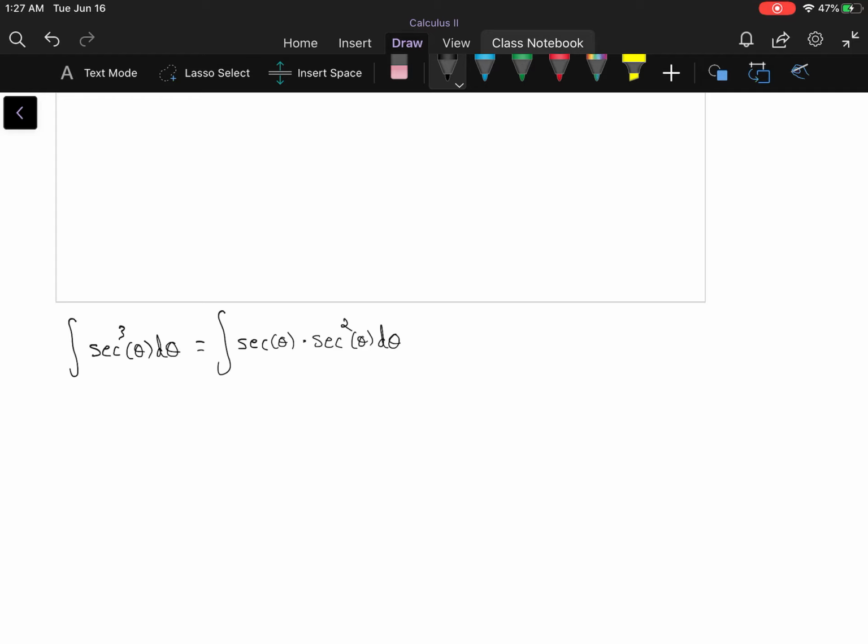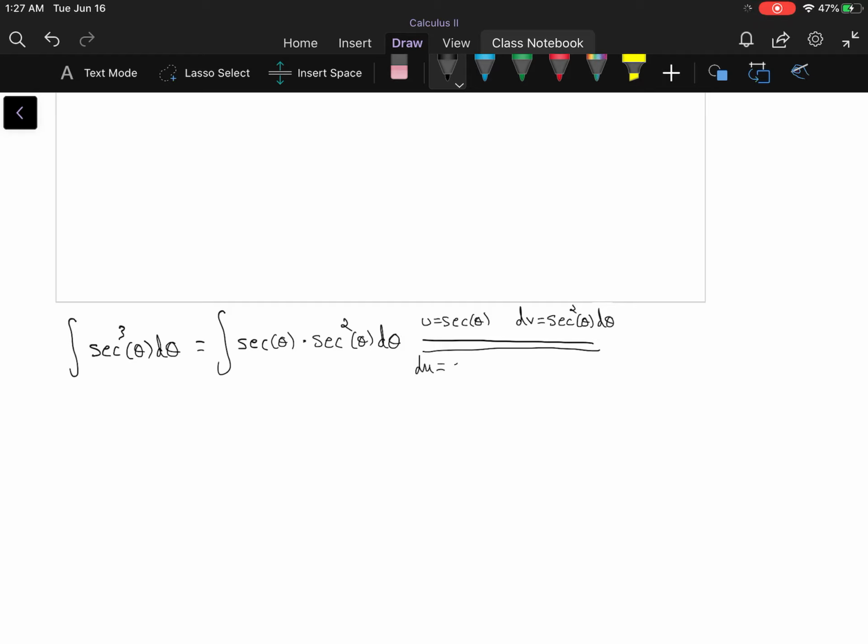and when I think of an integral of a product, I think of integration by parts. So I need to figure out what to let my u be and what to let my dv be. Looking at this, I know that the integral of secant squared is tan, so it would be convenient to let that be dv and the other part be u. So I'm going to let u be secant theta, and dv be secant squared theta d theta,